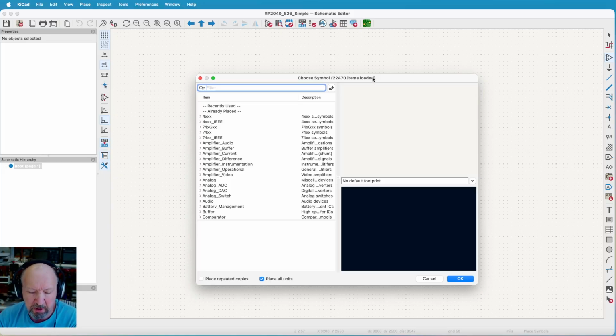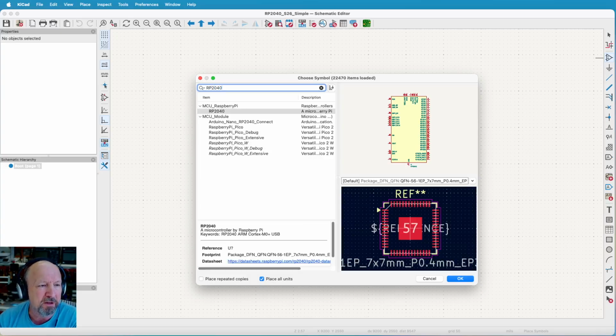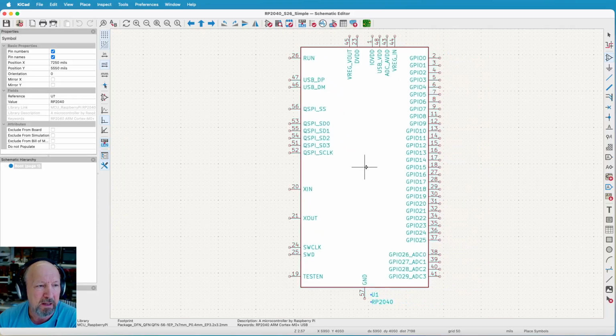First thing I want to do is put in the RP2040, and I can just say RP2040 in the search engine, and you can see MCU Raspberry Pi. There's our RP2040, and I can pick it. Now,